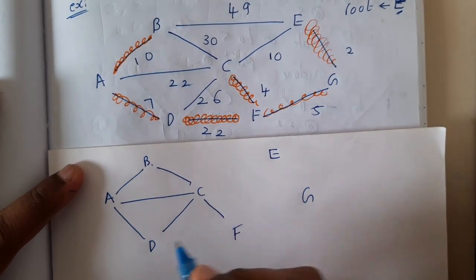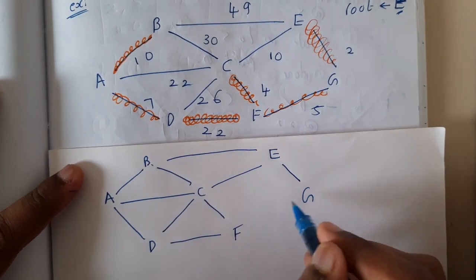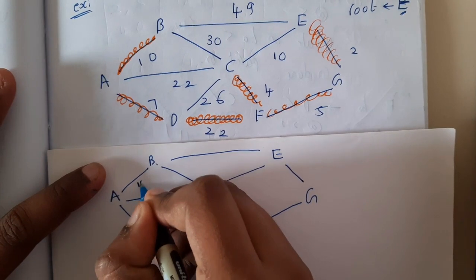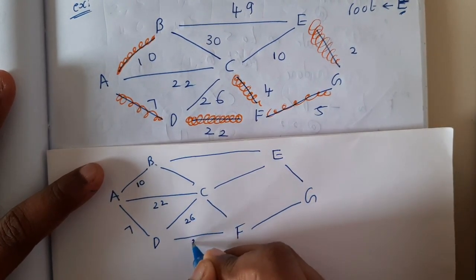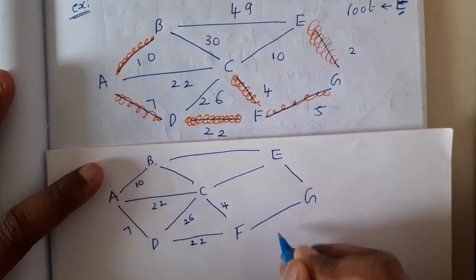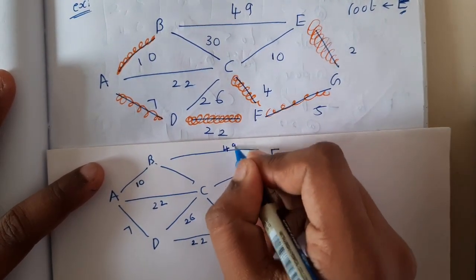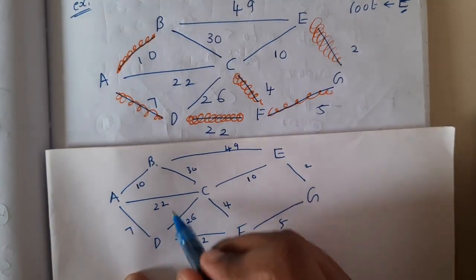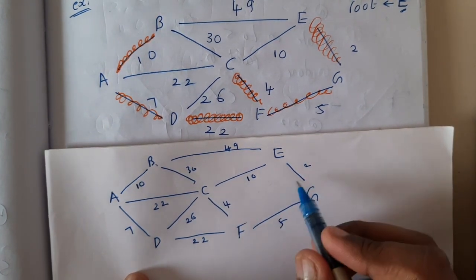Guys, while drawing these diagrams, please make sure that you are writing the question carefully, because if you write the question wrong, the final end result will be wrong. Your total cost will be the wrong answer, or even sometimes the path may vary because of your wrong entries. So make sure that you are not making any mistakes. I'm also making sure. Hopefully they are correct, so I'm just cross checking them: 10, 27, 30, 26, 22, 49, 10, 4, 5, 2.